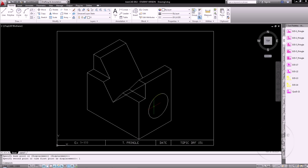Now this is the circle that I need to project back onto this surface. I know that the center of it is going to be the midpoint of this line. Because it's up 1.5 and the bottom of this groove is 1.5, I've got to do pretty much everything on here. So what I'm going to do is project this quadrant back along that 30 degrees, just so that it touches right there. And then I'm going to project the very top of this